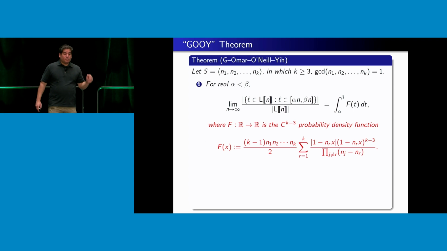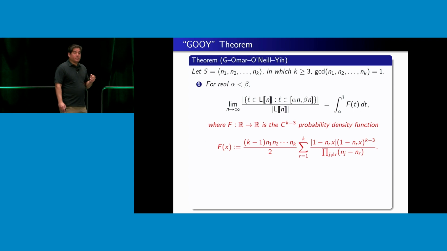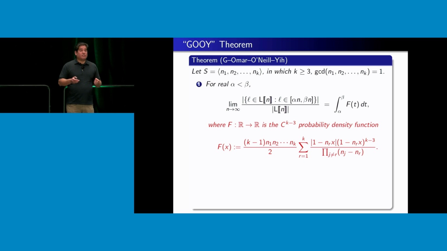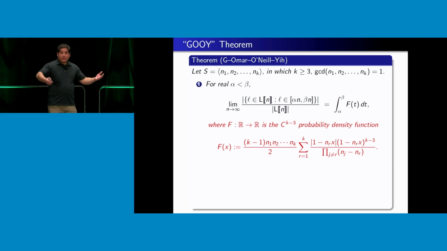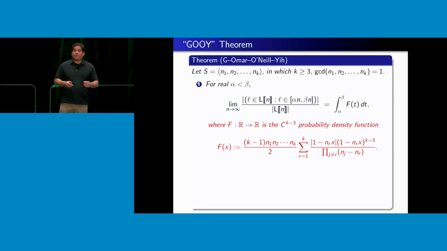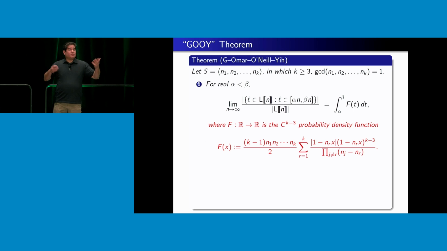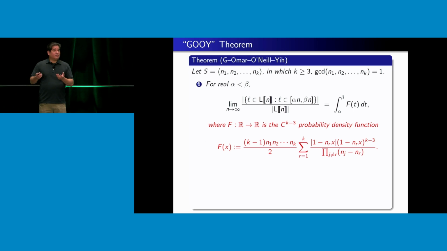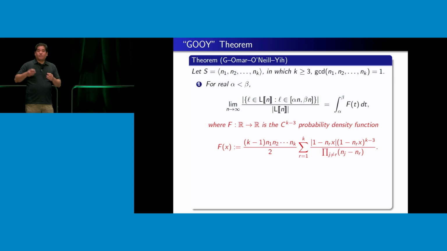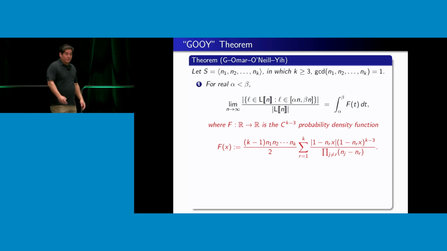The important thing here is that the smoothness increases the more generators you have. C^(k-3) means you are k minus 3 times continuously differentiable. So you're smoother and smoother, you have more and more derivatives, the more generators you have. People who are fans of probability and Fourier analysis will recognize what was going on in the background. I have the moments asymptotically, so I can attack the so-called characteristic function from probability theory, and then try to invert that using Fourier analysis, which is how one gets to this explicit function.